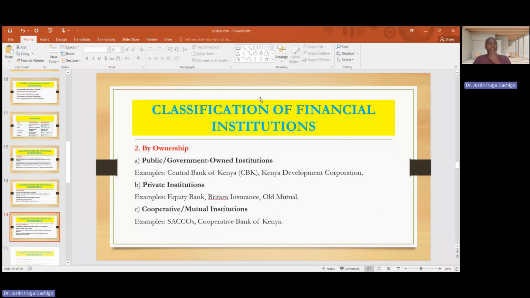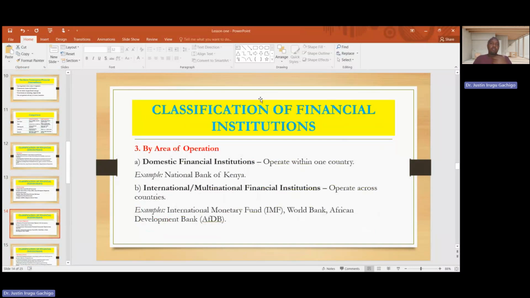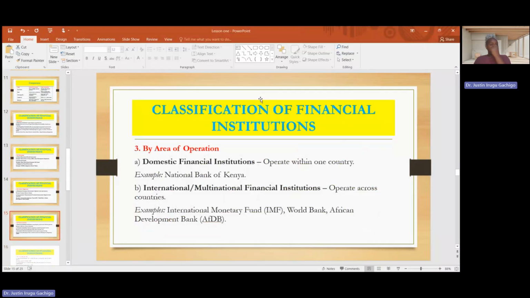Then we have by area of operation. So we have those which operate locally, and we know them, the Equity Bank, National Bank, etc. Then we have the international or multinational financial institutions, and this operates across different countries. We have IMF, World Bank, and African Development Bank as examples. Then we have by nature of service,